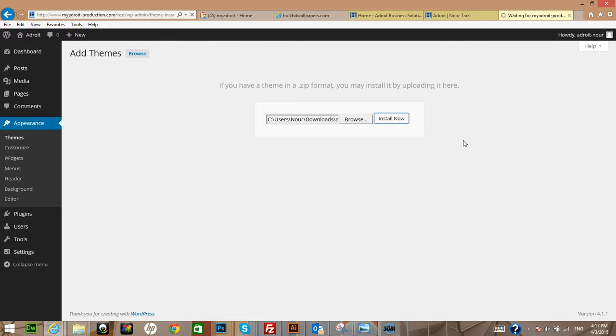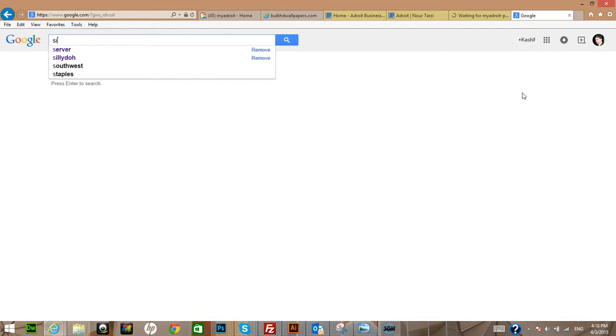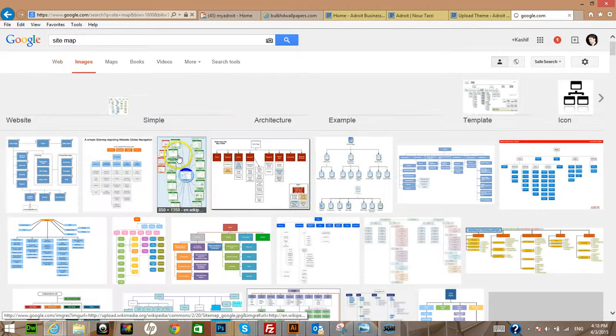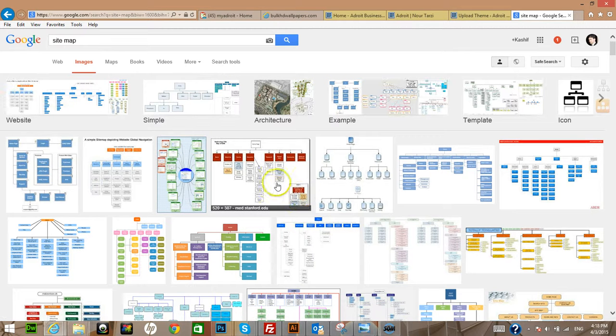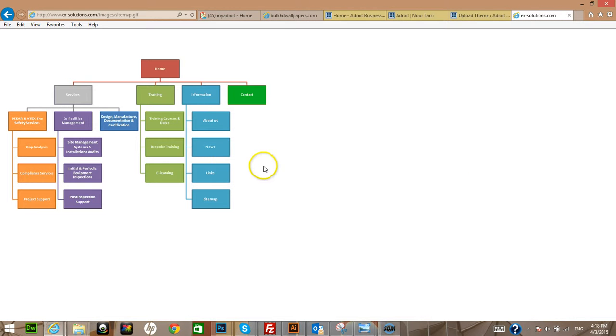While waiting for this template to install, you probably want to prepare some of the images you want to use for your template. It's a very, very good idea to plan for your website before you get started. So understand the structure of your website. How would you like the users to navigate through the website? Let me show you what a site map would look like. Try to use Microsoft Word or something like that to map out the processes and the pages on your website,